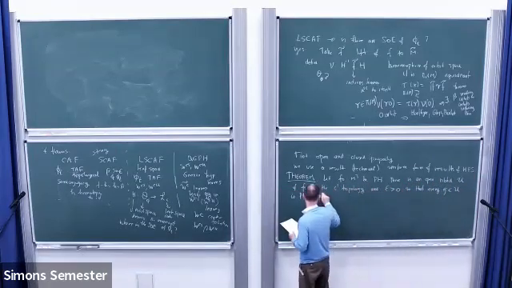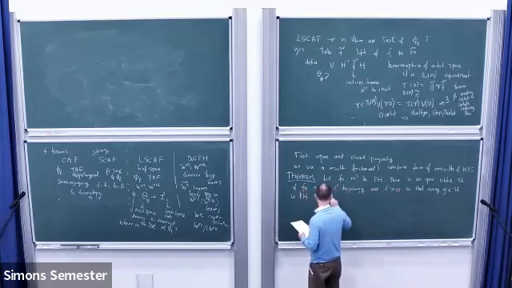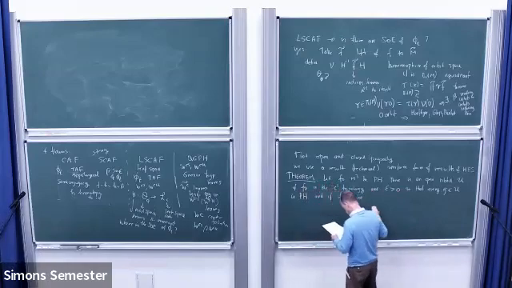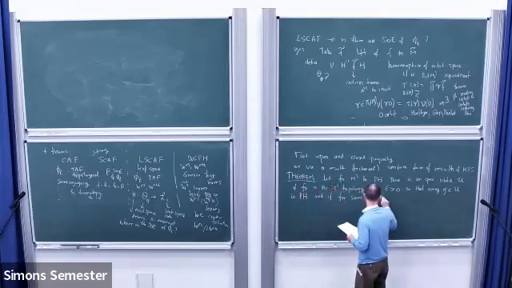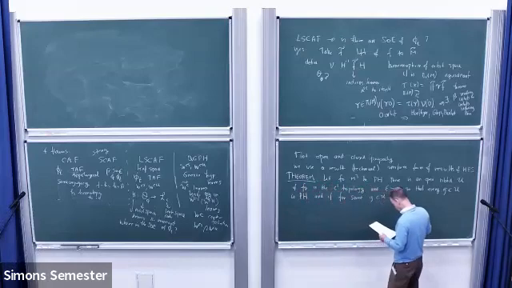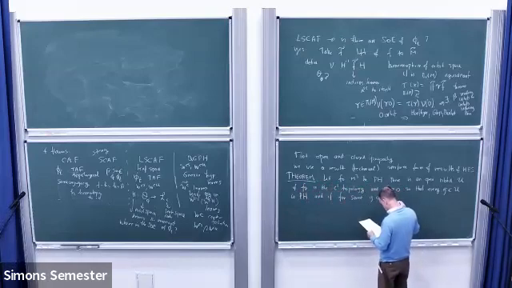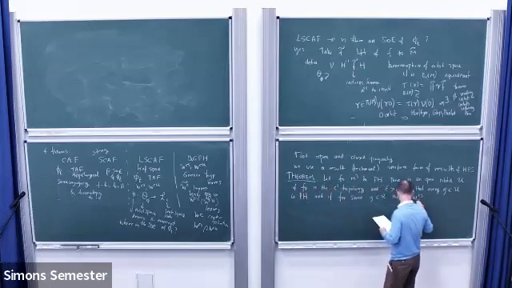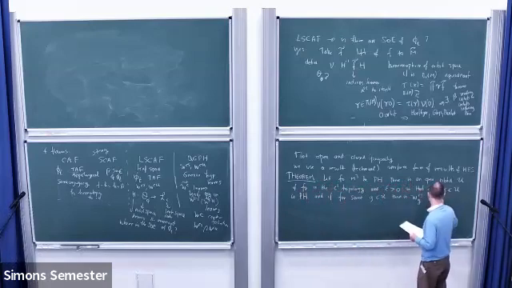And if for some G in U there is a branching foliation,